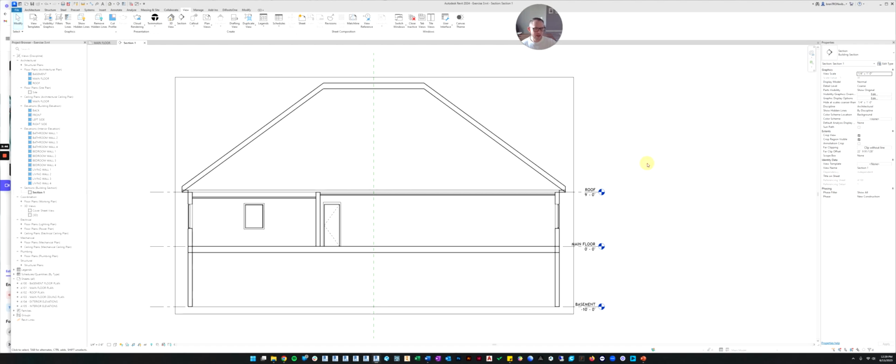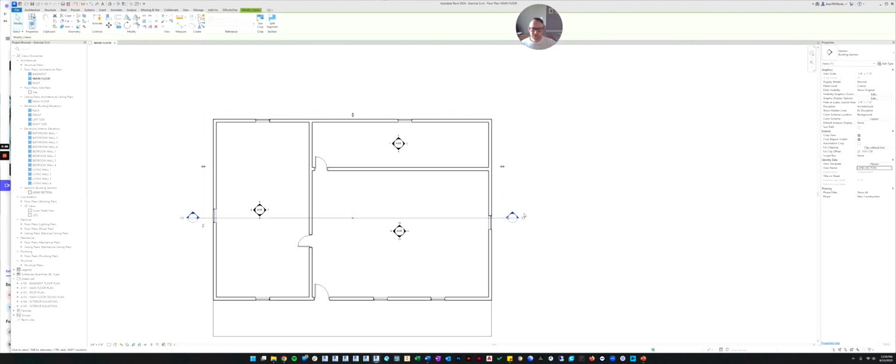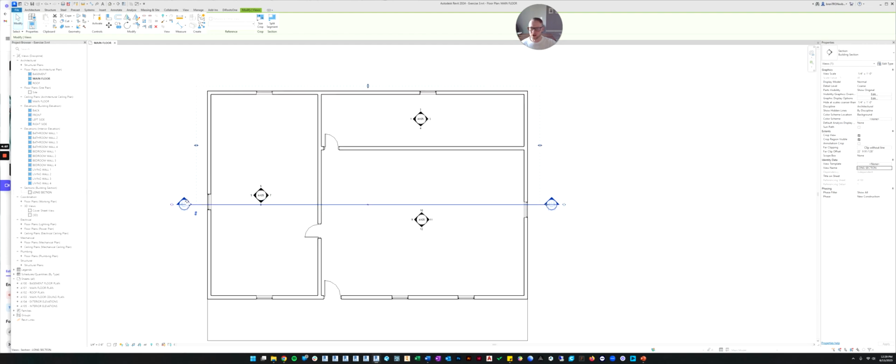Let's also name this. Call it long. I'm just going to do long for short, long section. And there you go. If you go back into the floor plan, you'll also notice the tag is a little bit different than the exterior elevations, and it's different than the interior elevations.